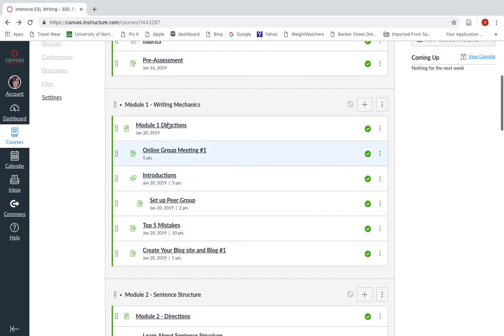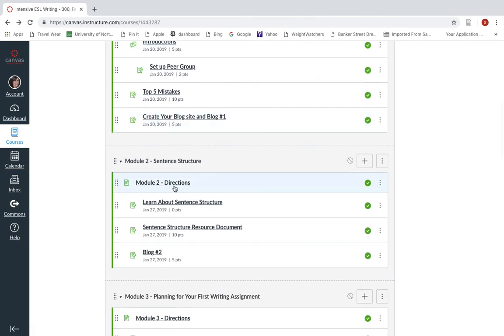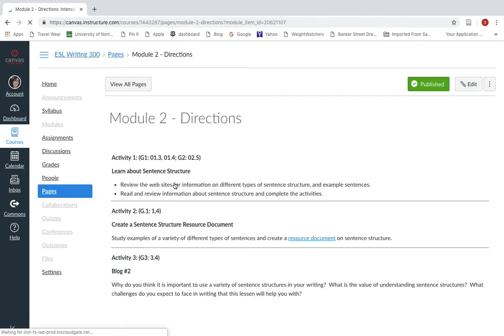So, and there are directions for each module. So we'll go to Module 2. Module 2 directions. They're going to review the websites and about sentence structure. They're going to create a sentence